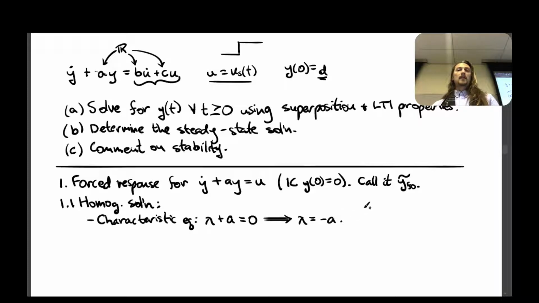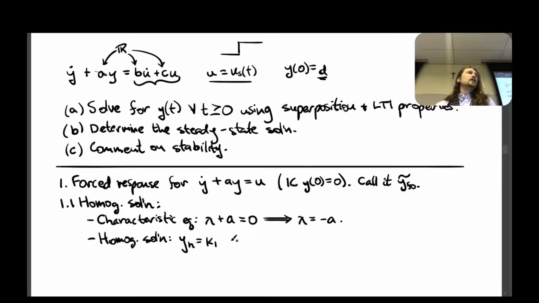Negative a is the single root of the characteristic equation that we get. Next we have the solution. So the homogeneous solution, we'll call it y homogeneous, equals